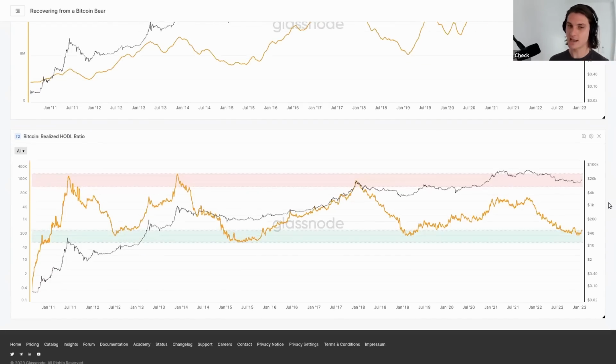Now, the last one, and then we're going to jump across and look at the summary and kind of bring all this stuff together. This is the realized HODL ratio, often known as the R-HODL ratio. So what the R-HODL ratio does, it's looking at the balance of wealth held by different cohorts. There's two things in on-chain analysis that we do not have in any other field. Profit and loss, because we can measure coins with price stamping. We can measure when coins were acquired and disposed of. And lifespan. Lifespan is how long someone held their coins.